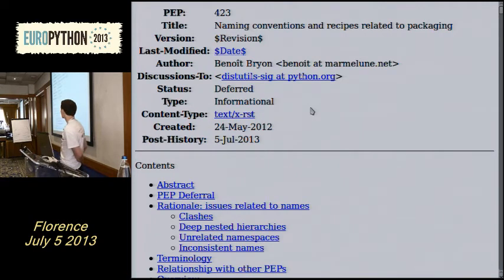The feeling when I started this PEP was that names on PyPI were a mess because there are so many different patterns. So I tried to collect best practices from the community and see if we could get conventions.